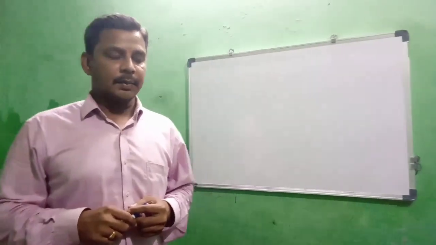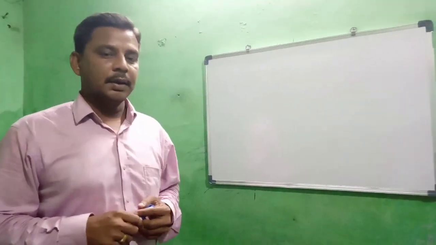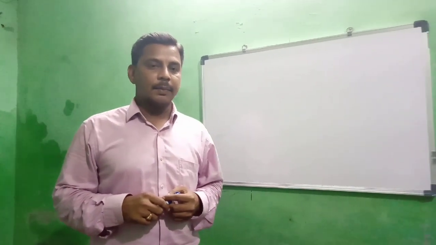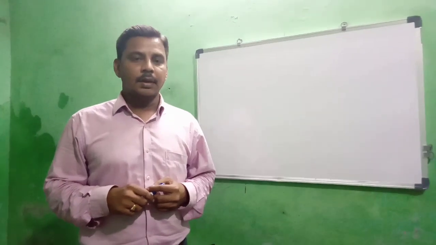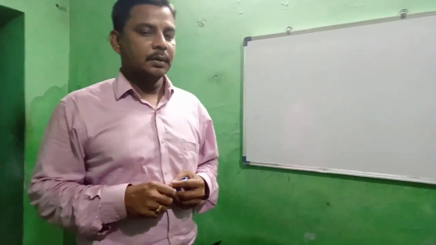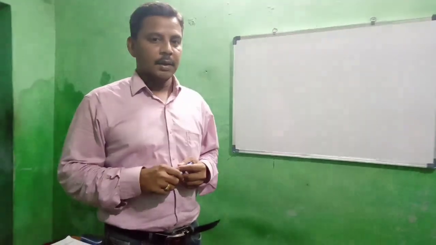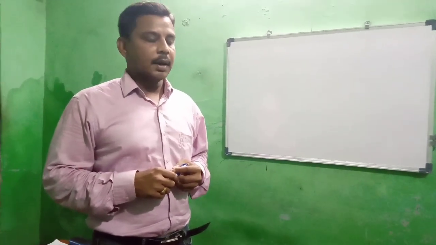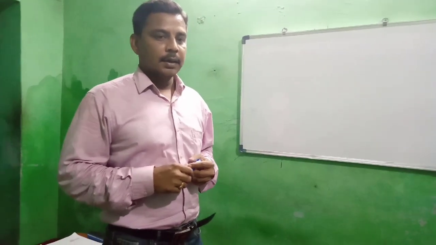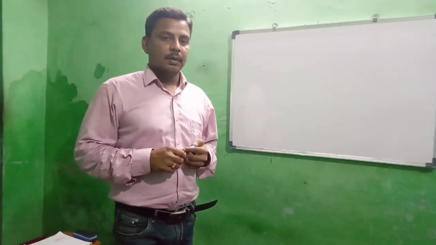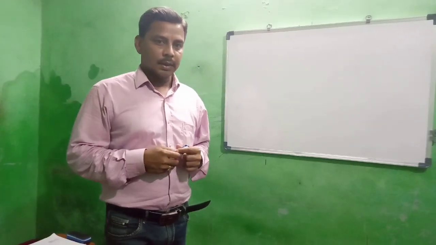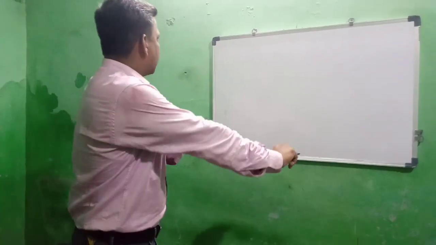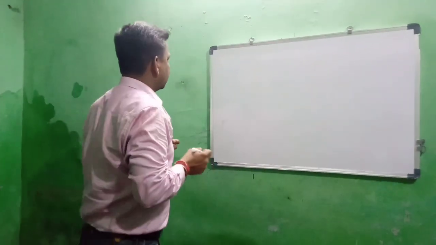In our previous class we have discussed 8 digit numbers, 9 digit numbers, the Indian place value system, place value and place value of numbers. Today we shall discuss more about numbers like the expanded form, comparing and ordering numbers, and how to make the smallest and greatest number using different digits. Okay, so now we shall start from expanded form.